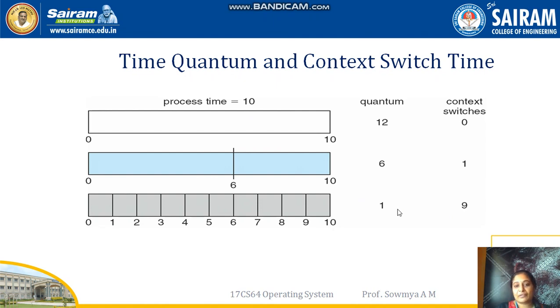So here, if the time quantum is very small compared to the process time, then context switching happens more times, so more CPU time is consumed in context switching. Instead of taking a very small or very high time quantum, it should be an average value which suits the process time, such that the efficiency or CPU utilization will reach the maximum.